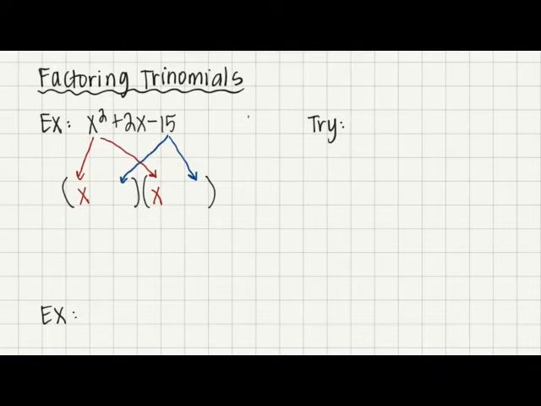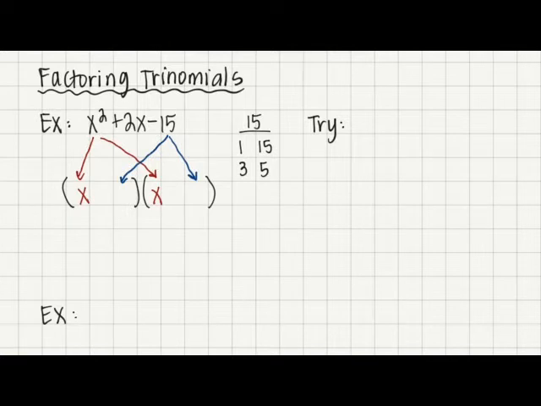So there are different ways that we can get 15 when we're multiplying two numbers: 1 and 15, and 3 and 5. Now, if I were to try 1 and 15, and I want to multiply back to get a negative 15,